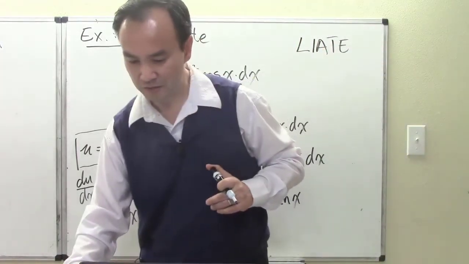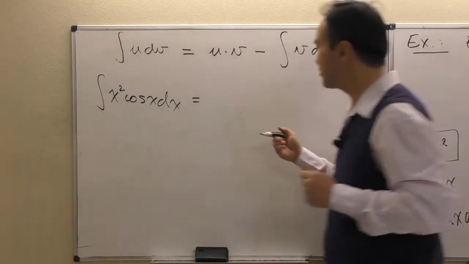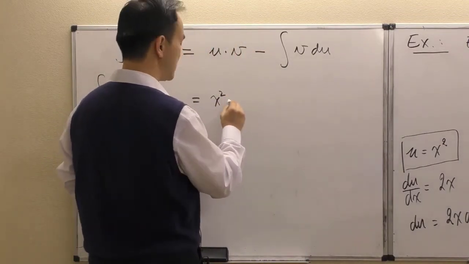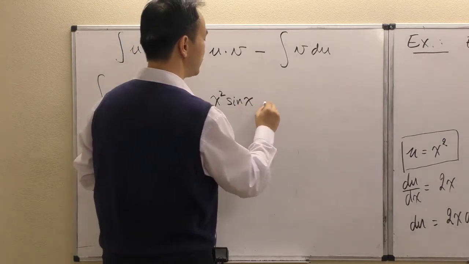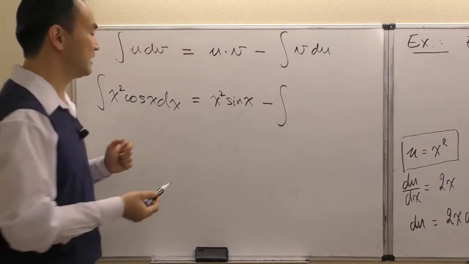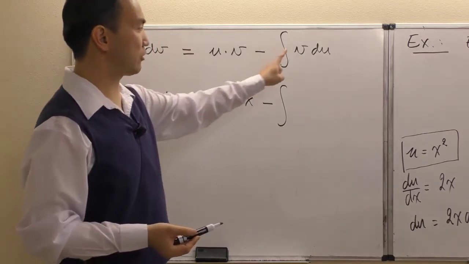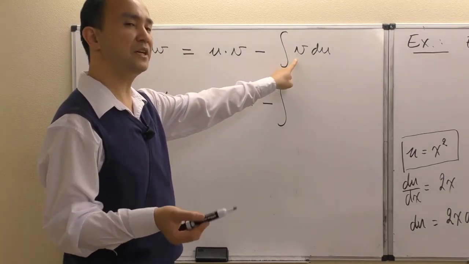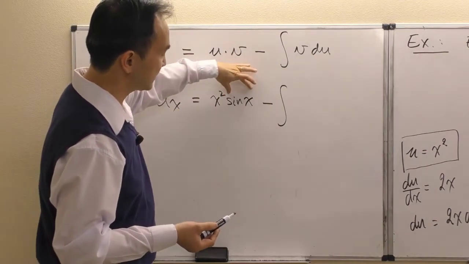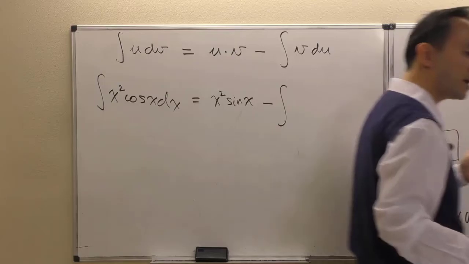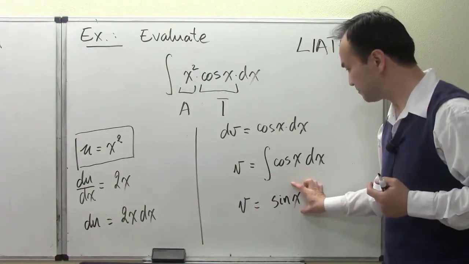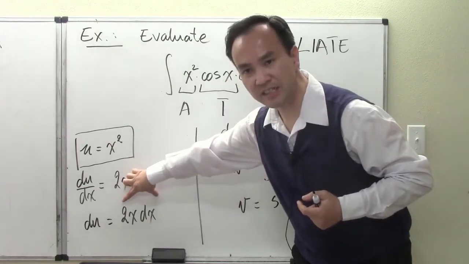Okay, and so now I am going to put that together. So u is x squared times v being sine of x. And we need to subtract the extra integral, being part of the formula that we have to produce here. So the extra integral says v times du. So v was this sine of x, and du was, let's remind ourselves,